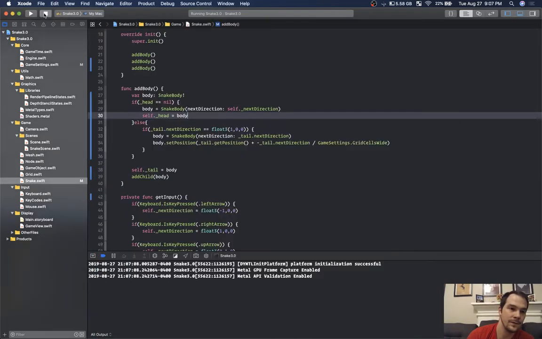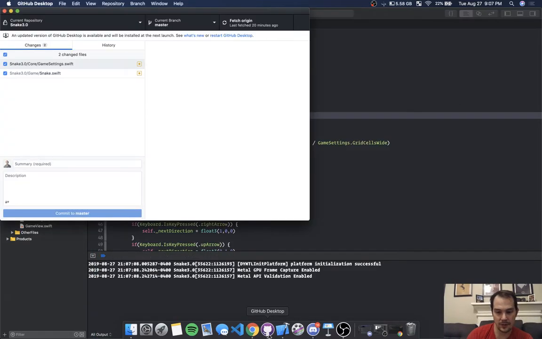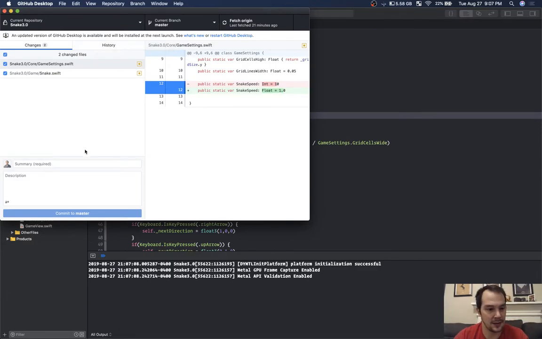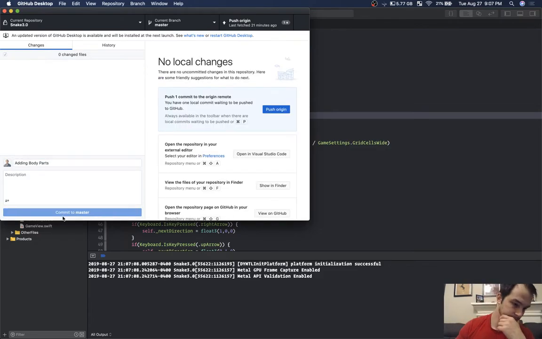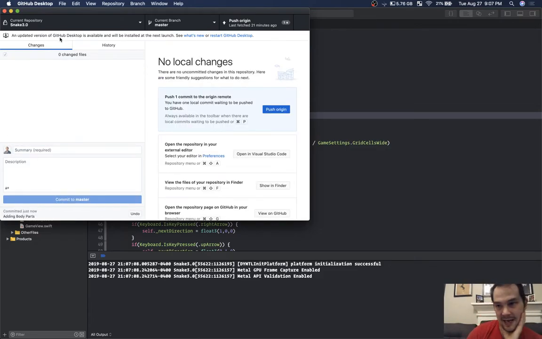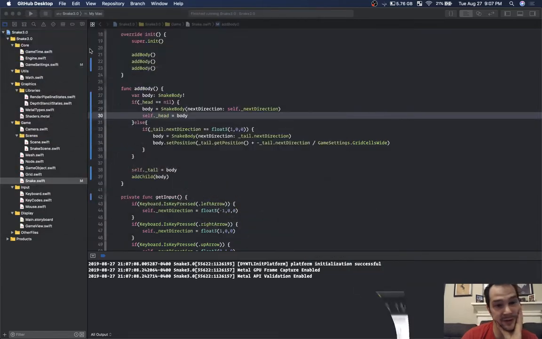I'm going to push this code up so you guys have it. Actually, let's add some terms. Well, no, let's add it. So, adding body parts. Can you see the snake game yet? Is it snake yet? We only have 20% of my battery left, so we're going to go as far as